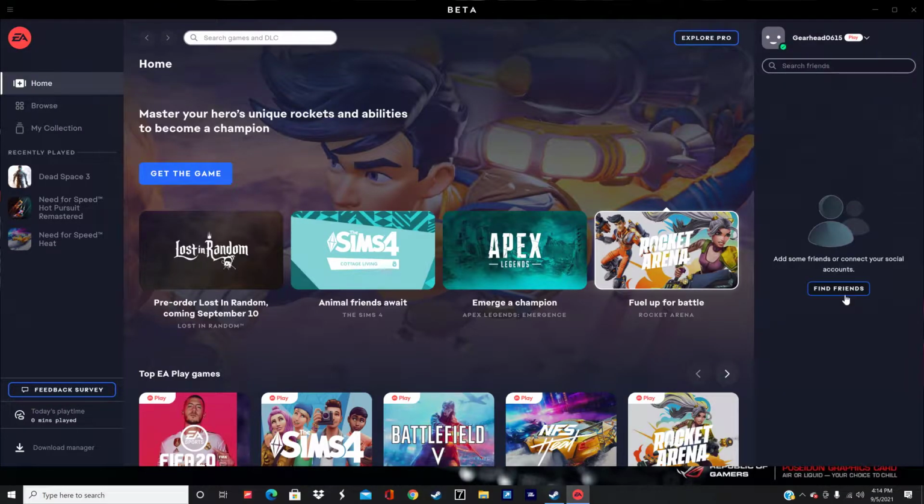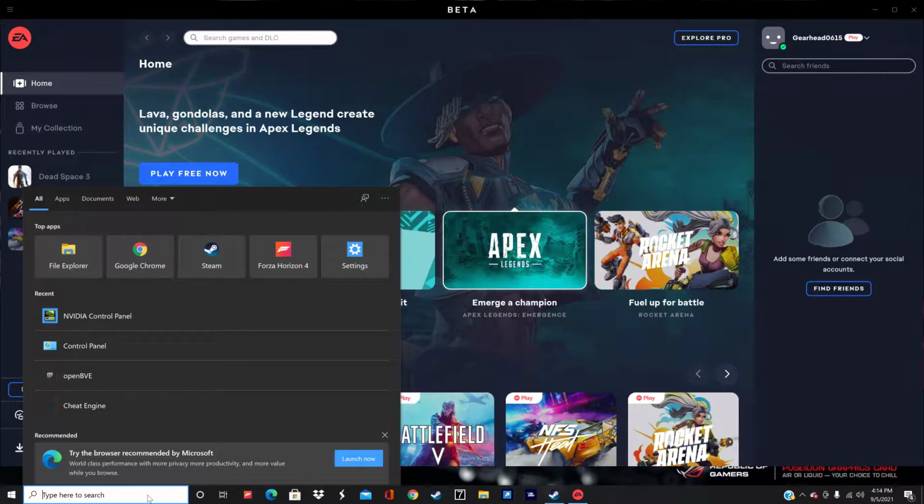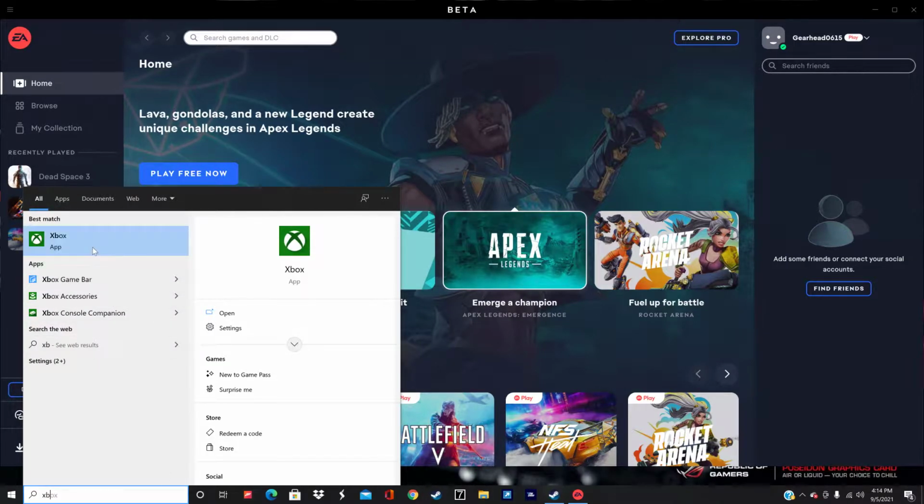What's going on? Back with another video, and this time I'm going to show you guys how to get unlimited ammo for Dead Space 3 for Xbox Game Pass. So what you're going to need is to be logged in from your Xbox app. First, if you have the game, get Game Pass. If you don't,